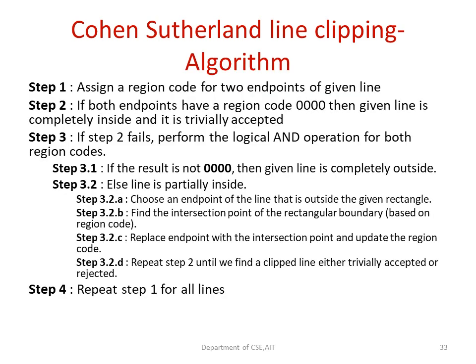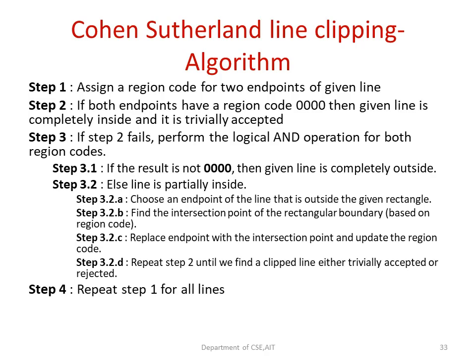In Cohen-Sutherland line clipping, we have to follow these steps if we want to clip a line properly. What does that mean? First, we have to assign the region code for the two endpoints of a given line. A line has two vertices, and these vertices can lie in any of the regions. So first you assign the region code. After that, if both endpoints have the region code 0000, they are inside the clipping window and the line can be accepted.